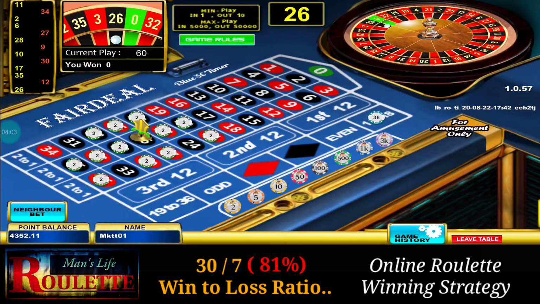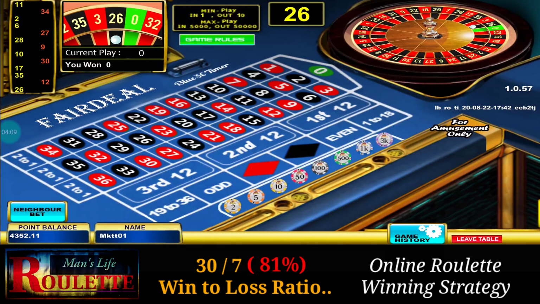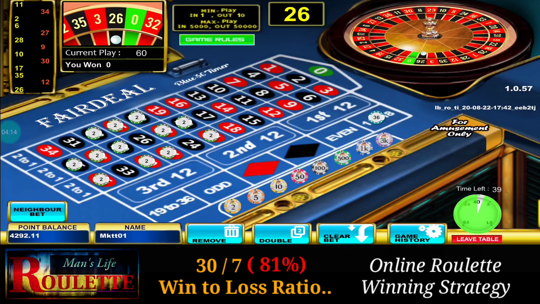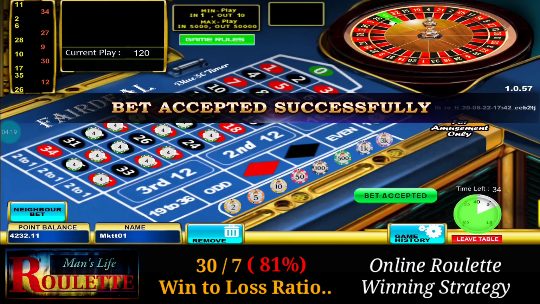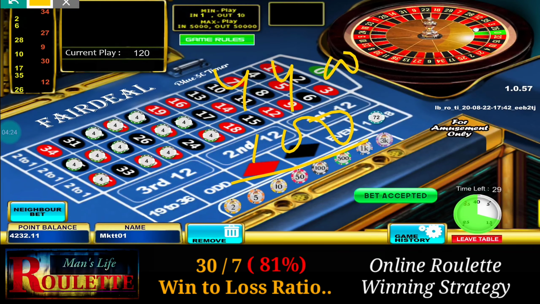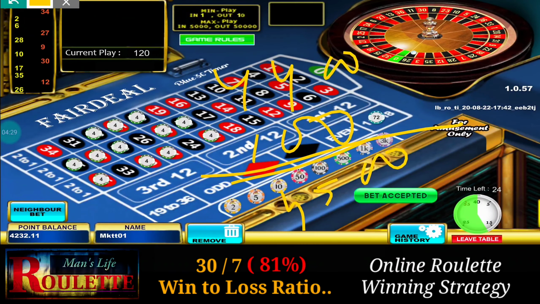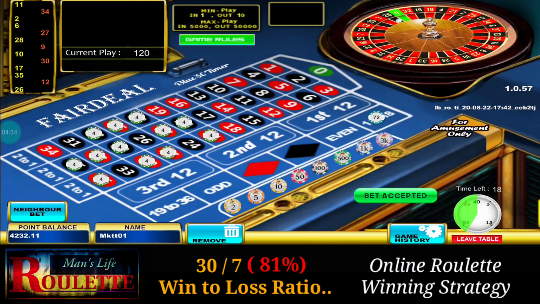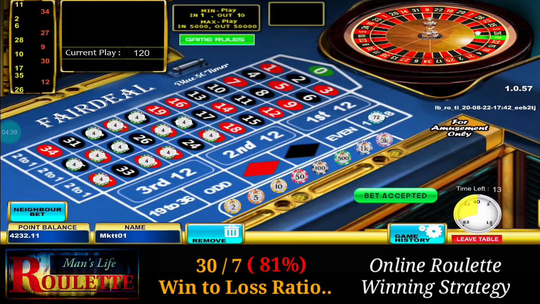It's 26, and this time I lose. So what I will do, I will just repeat the bets, and wait a minute, I just repeat the bets, double the whole bets, and continue the game until I make my profit. And my profit target is 100 unit, as you know, and I have started from 4400. After this 100 unit, my bankroll should become 4500. So this is the target, and I have to continue the game until I achieve the target with this high betting amount, 120 unit. Suppose I lose again, I have to increase the bets